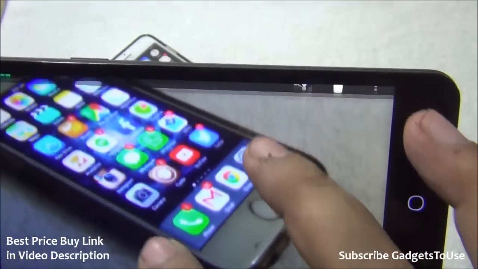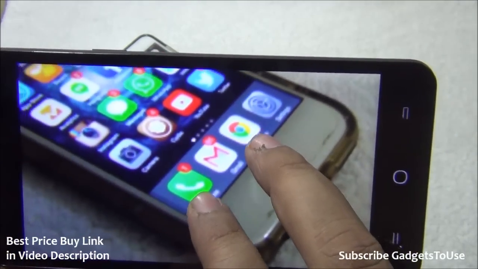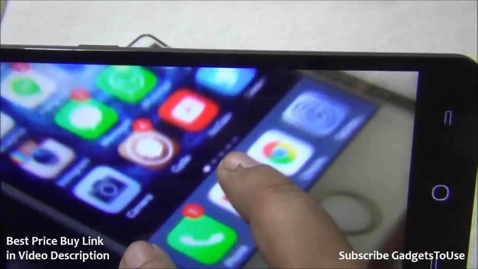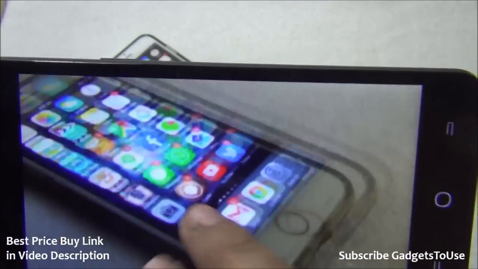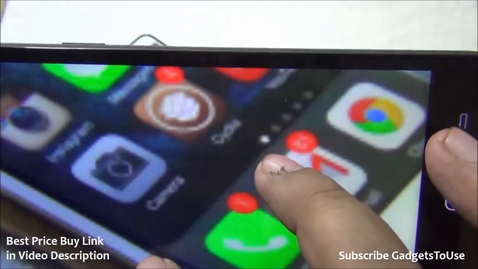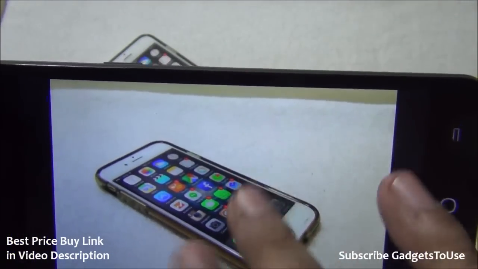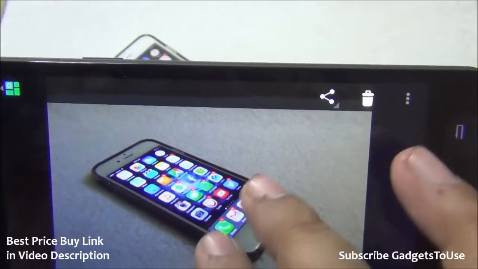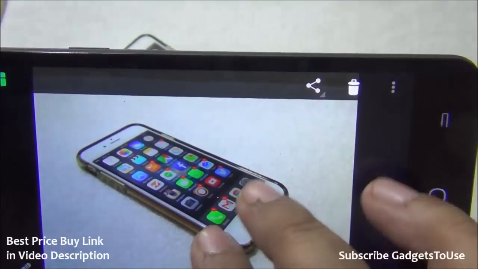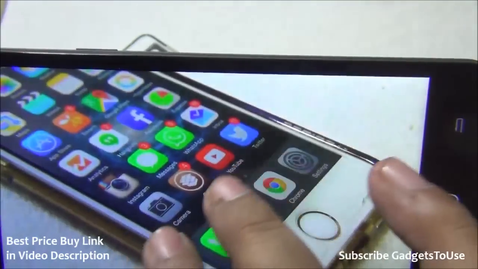So this is the photo which has been taken without artificial light, and this photo has come out to be pretty good in terms of colors, but again in terms of details it is not that great. It is not very clear, whereas the one which has been taken with light has come out to be pretty good in terms of clarity as well as in terms of colors. So definitely the photo with low light is good but not great in terms of details. It's good again in terms of color reproduction, but this one is better which has been taken with light in terms of details as well as in terms of colors.